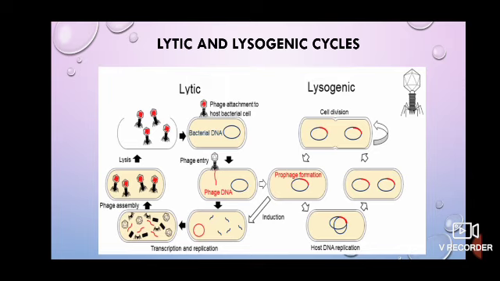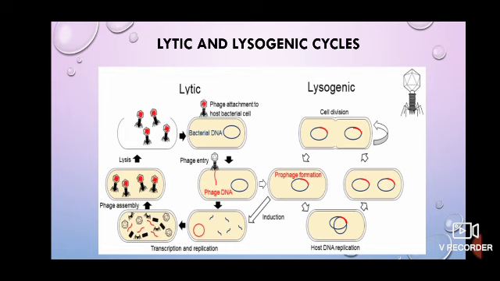When a lysogenic bacterium is exposed to UV light or a chemical, what happens? The prophage withdraws from the host DNA to undergo a lytic cycle. After withdrawal, it will undergo a lytic cycle and finally lyse the cell and come out. This conversion of a prophage into a lytic phage is called induction. What are the inducing agents? UV light or chemicals or excessive heat, temperature, etc.